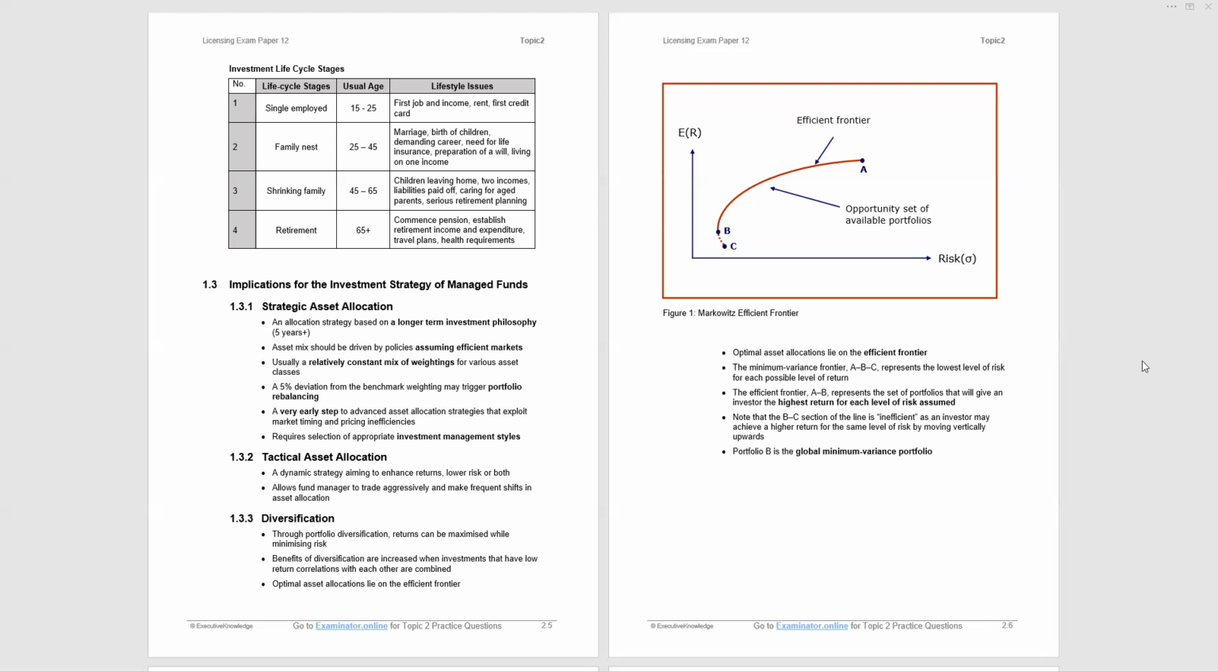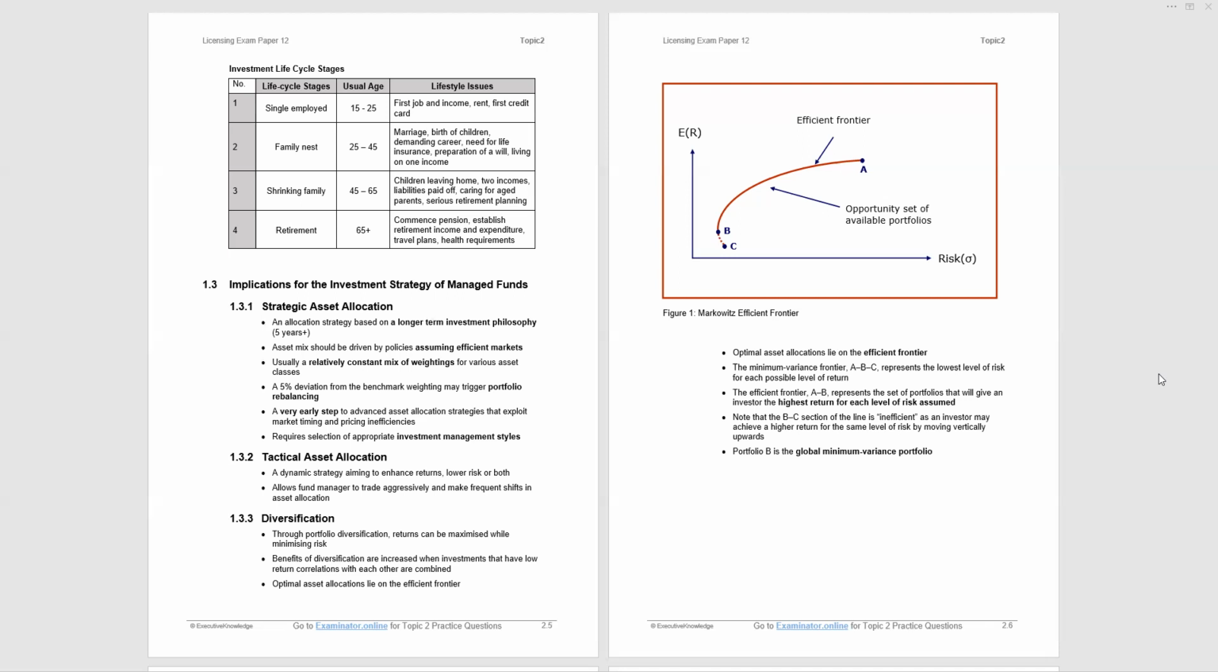Implications for the investment strategy of managed funds. Well, we have strategic asset allocation and tactical asset allocation. Strategic is looking at the longer term. So this would be for the earlier stages of the life cycle, at least 5 years. Asset mix should be driven by an assumption that markets are efficient. You're looking at the longer term, so the prices will stabilize in the future, maybe with short-term blips. Usually you're going for a constant mix of weightings of asset classes. We're told a 5% deviation from the benchmark weighting